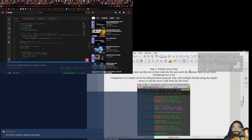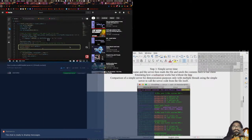Okay, so handle connection reads whatever the client sends it up to buff size, and until we get a newline character, and we check for errors, and we null terminate the buffer. Okay, then I'm going to print out the request just so we can see